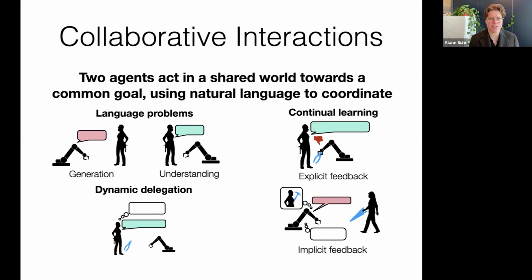I usually study these situated environments where you have some instructions and then a set of actions that you can actually navigate in the world around. But you can also consider this collaborative interaction much more generally for any system that is interacting in multiple turns with a human user.